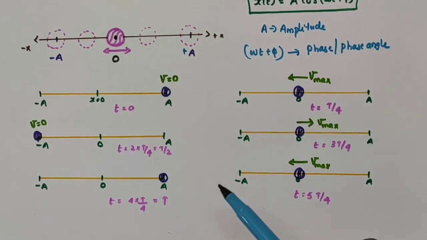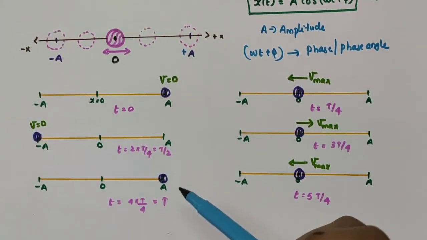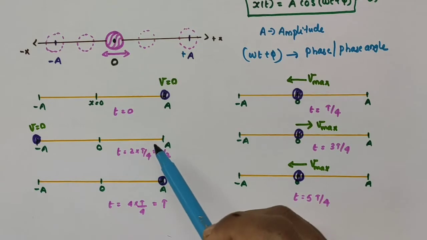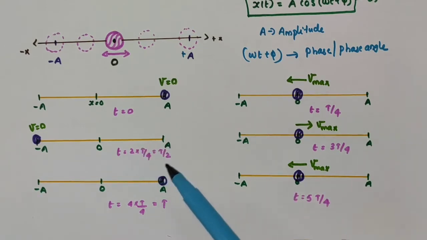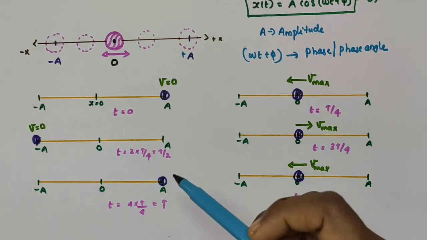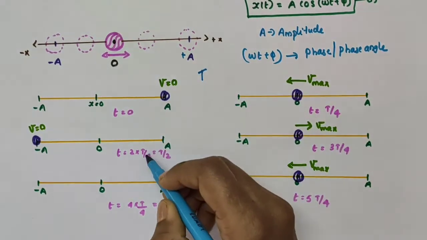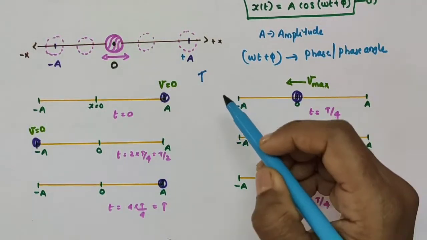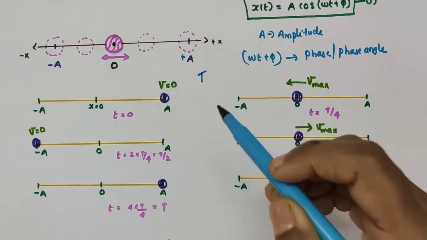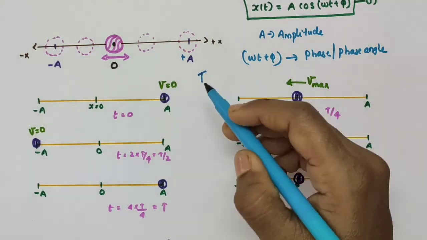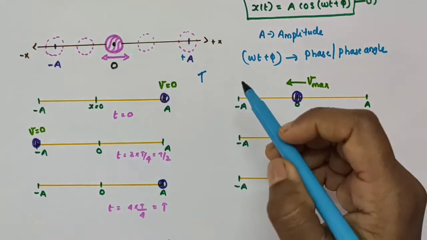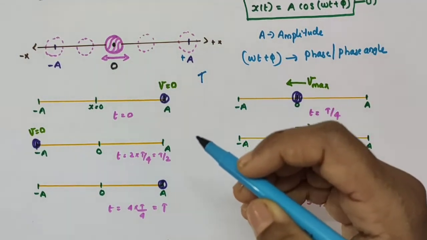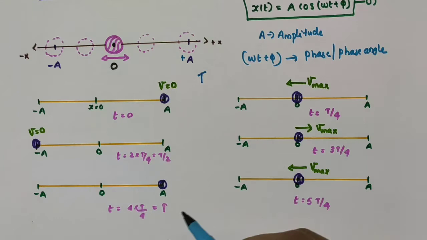Now, let us see these figures which show the location of the particle in simple harmonic motion at discrete values. Here, this capital T is the time, the period of motion. That is, it is the time after which the motion of the particle or body repeats itself. T remains fixed no matter what location you choose as the initial location. Initial location means the location of that particle at t equal to 0.